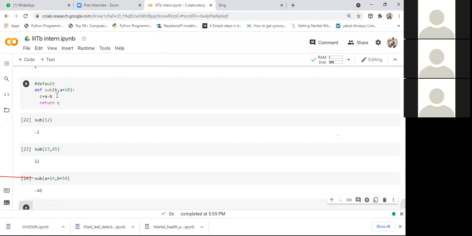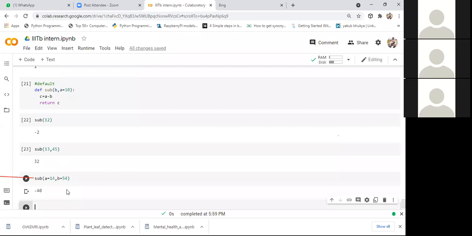If you specify some parameter values by using their function definition name, those are said to be keyword arguments. In simple words, if you specify some argument values in a function call by specifying their name, those are said to be keyword arguments. So whatever the argument might be, default, positional, or required argument, keyword argument.